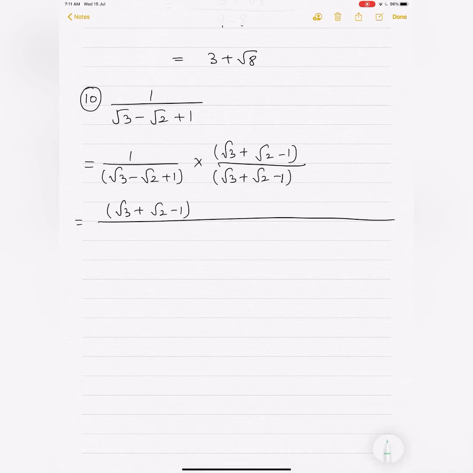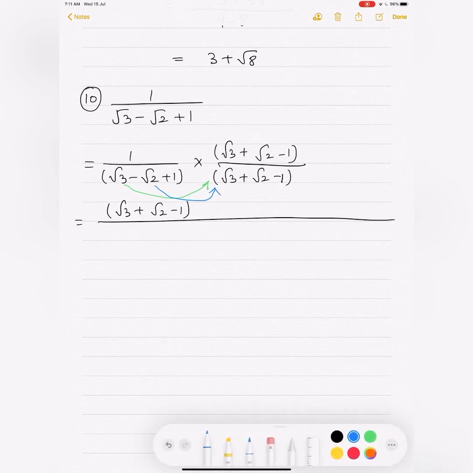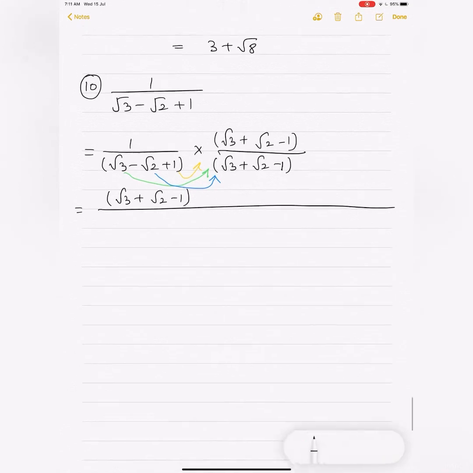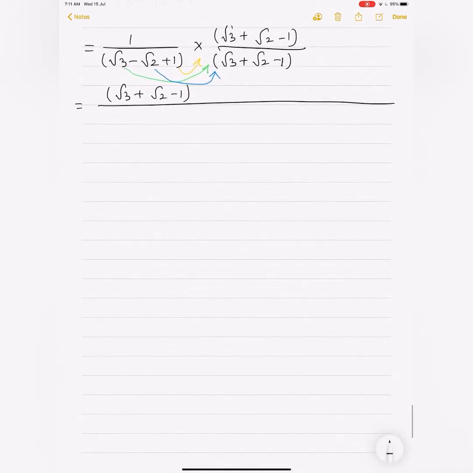So what I'm going to do now, first multiply root 3 with this whole bracket. Okay, then what will we do? Multiply root 2 with this whole bracket. And then again we are going to multiply 1 with this full bracket. So we are going to do 3 times multiplication. So you are going to get some 9 terms out here. Now look. So first we'll do what? Root 3 multiply by what? Root 3 plus root 2 minus 1 minus root 2 into root 3 plus root 2 minus 1 plus 1 into root 3 plus root 2 minus 1.